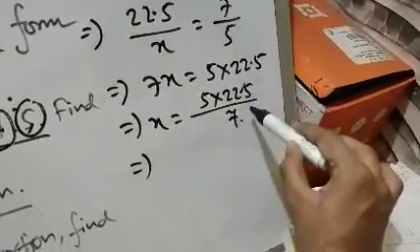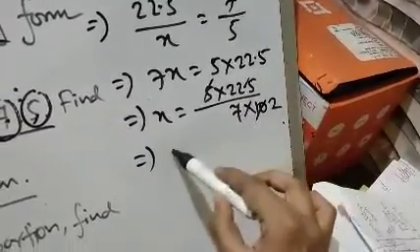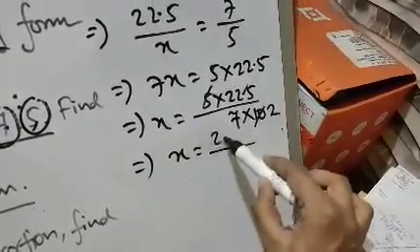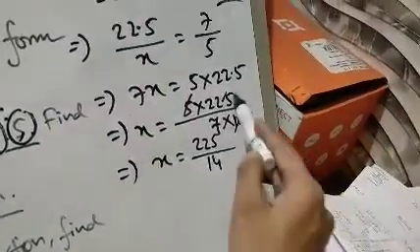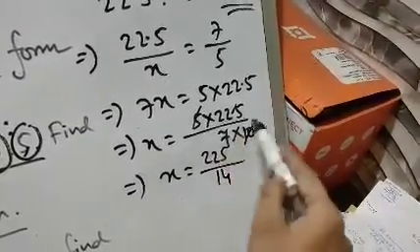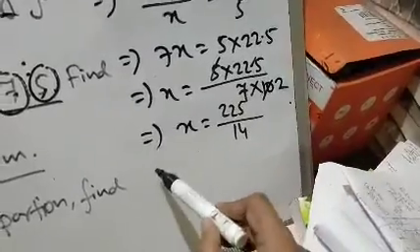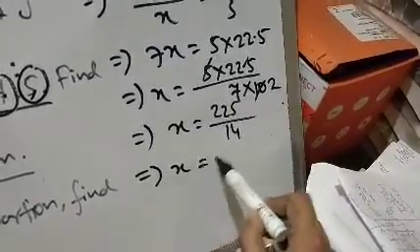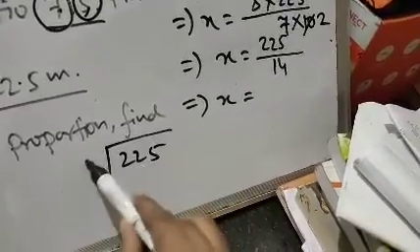Therefore omit the decimal, it will be into 10. 5 2s are 10. Therefore x will be 22.5 divided by 40. One decimal will be omitted and put 10 for that. So 5 2s are 10, 7 2s are 14 and 2 to 5. So x will be, just divide in your rough space, 2 to 5, 14.